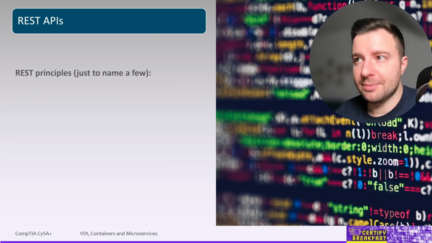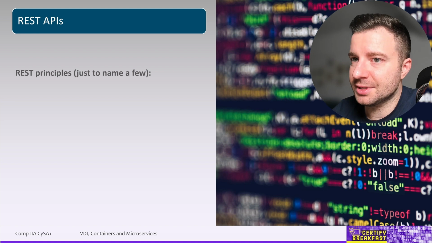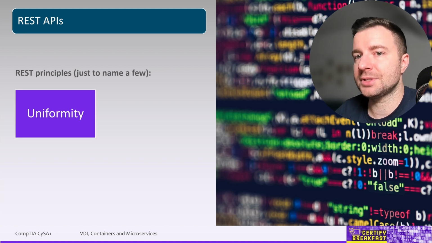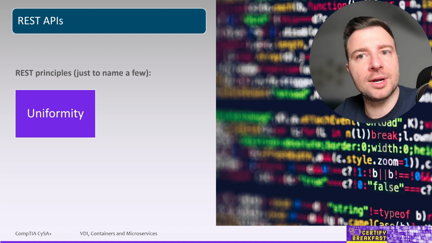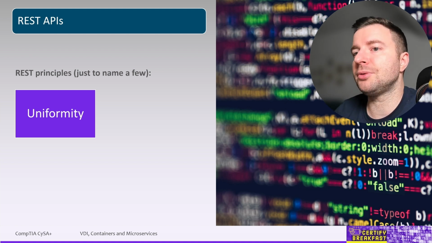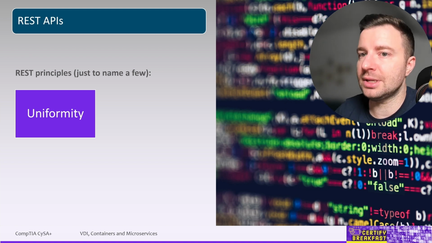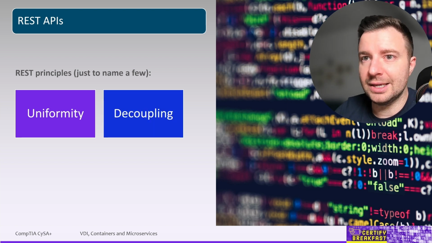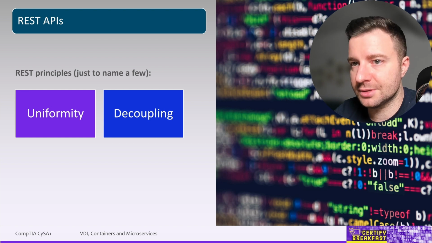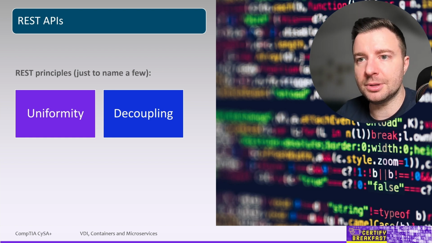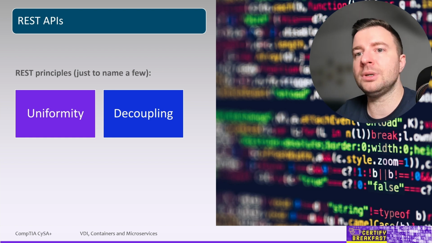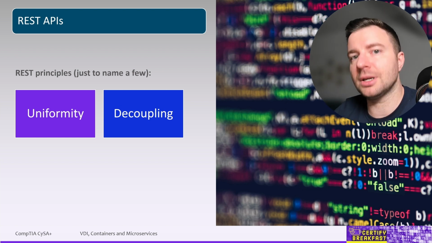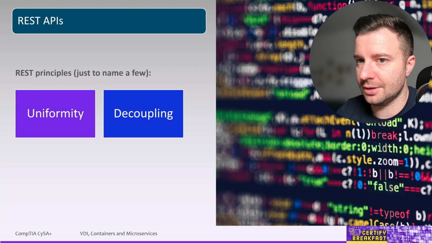And just to wrap things up here, we also have some principles that define how REST APIs should be designed. First of all, we have the requirement that all the requests should look the same, so we need uniformity, and resources should be uniquely identified using a unique URL. Secondly, we need a decoupling between the client and the server. They must be completely decoupled, and the REST API should be the only means of communication between those two entities, between the client and the server, so no back channels in there.